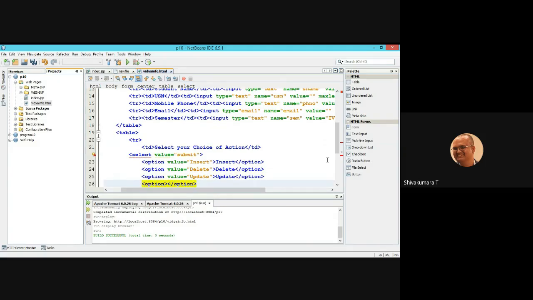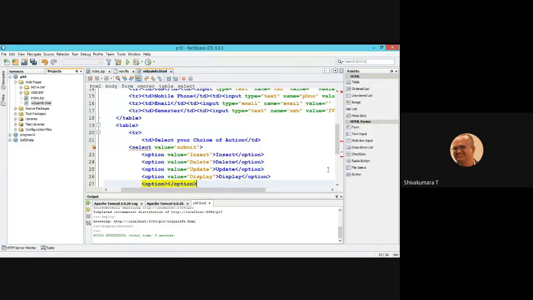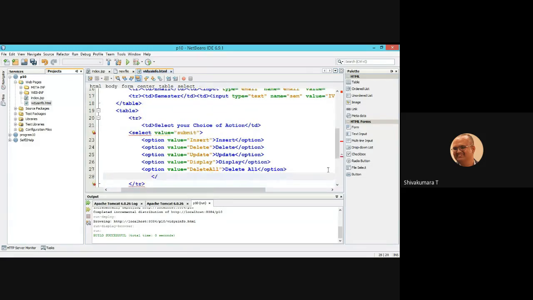The fourth option value equal to display, display. The fifth option value equal to delete all, delete all. So close the select option.